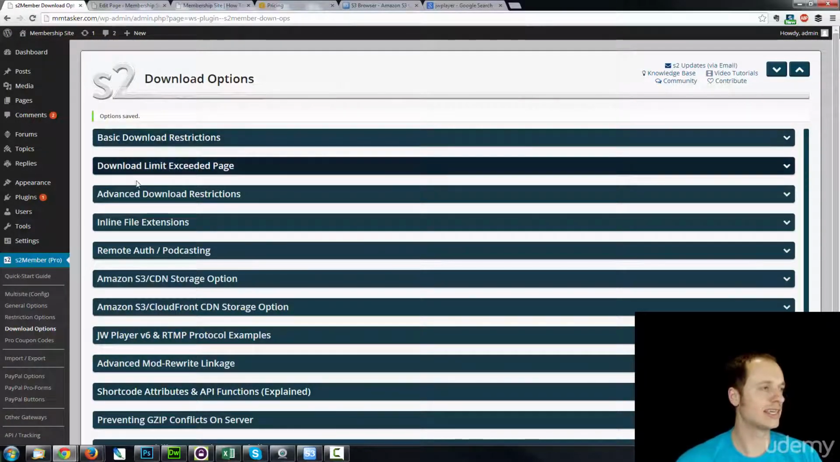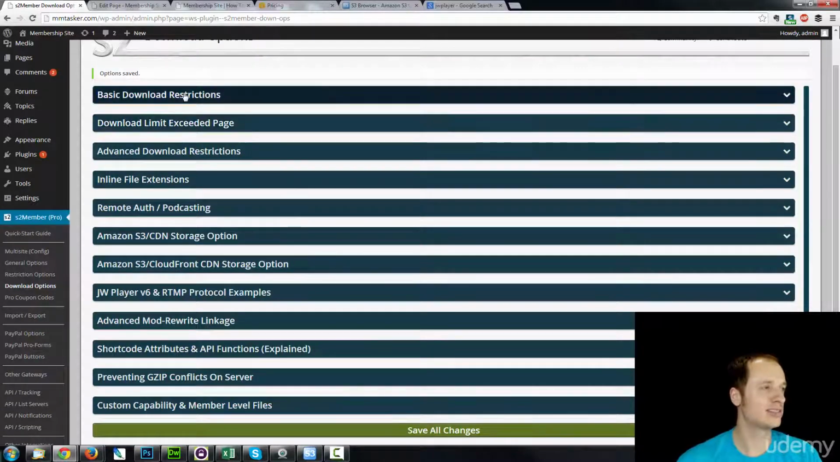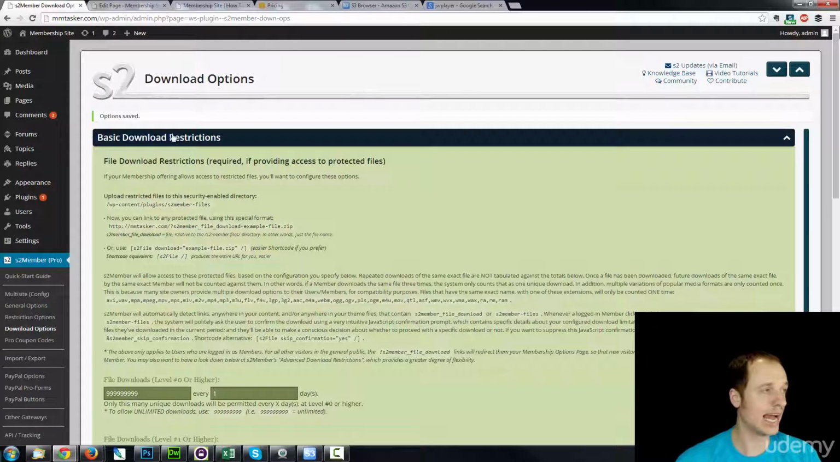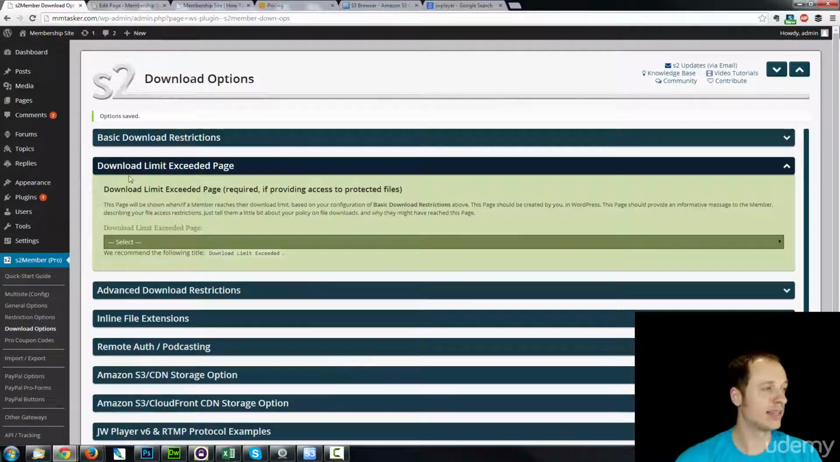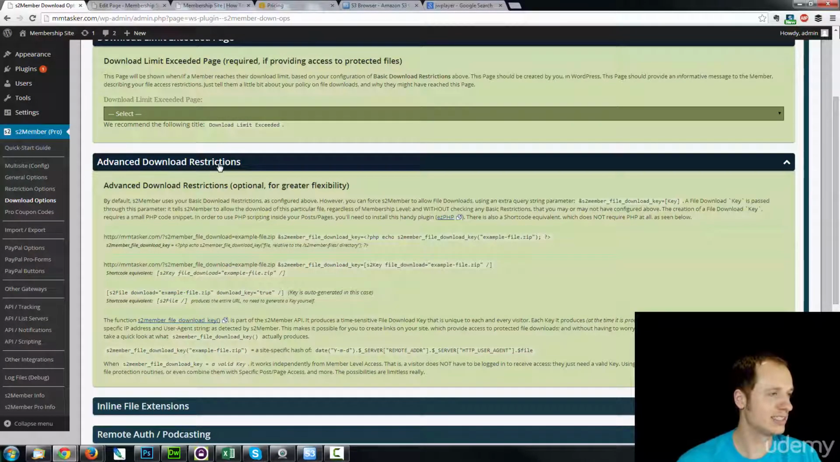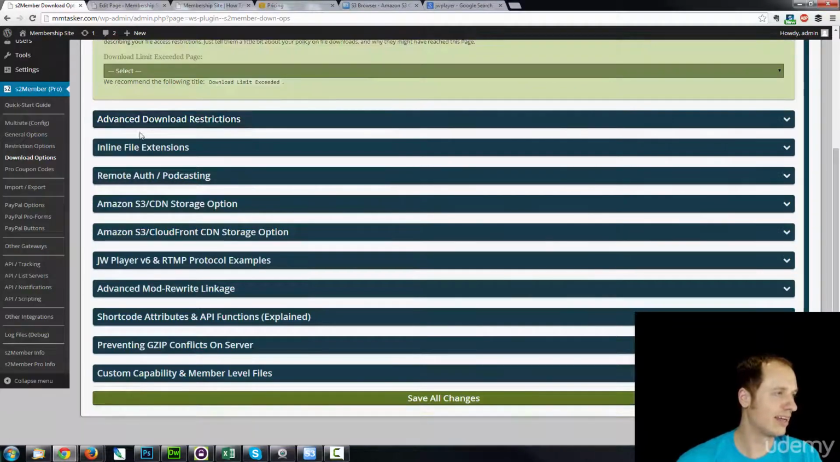You have a few other options like the download limit exceeded page. So if we wanted to only allow one download every 1 day, then they would be automatically directed to the download limit exceeded page, where they could upgrade to level 2 and they'll have access to download 10 files a day or something along those lines. Advanced download restrictions, it's optional for greater flexibility. I'm not going to go into that. And there's a few other things that I'm not going to go into at this instant, but I'm going to